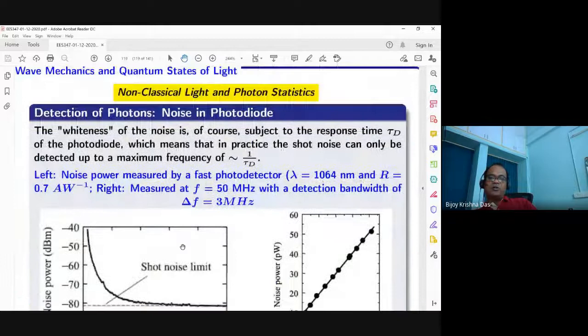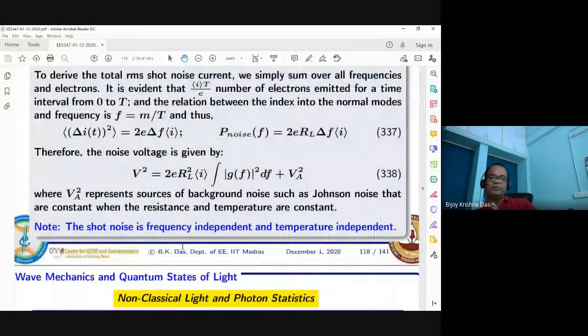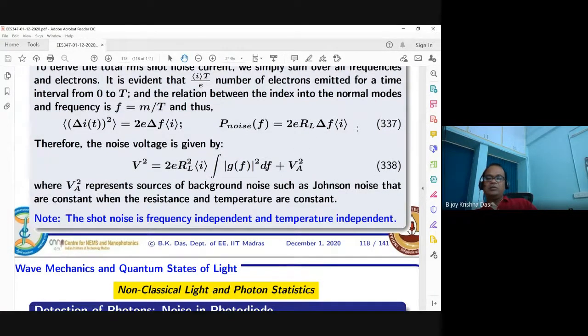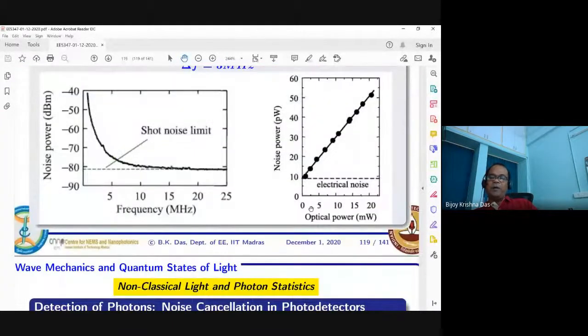But you see this noise power here is increasing because this is shot noise, right? What is the shot noise expression? It is proportional to the average current. So with delta F equal to 3 megahertz, RL given, 2e given, as your power level increases you are supposed to get a linear one, and experimentally you are getting it. And when there is zero power, you still get some noise power. That is actually the electronics connected, which itself gives you some power, ending up at about 10 picowatt. Okay, so these are the things.